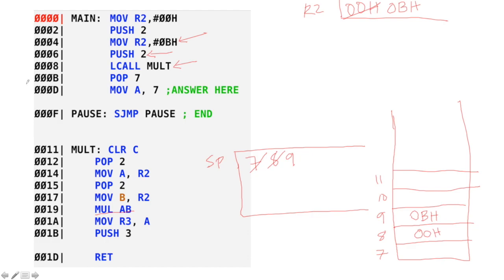The return address is this memory location here. So we will first save onto the stack, increment it to 10, the lower bits of this address here, which is 0b,